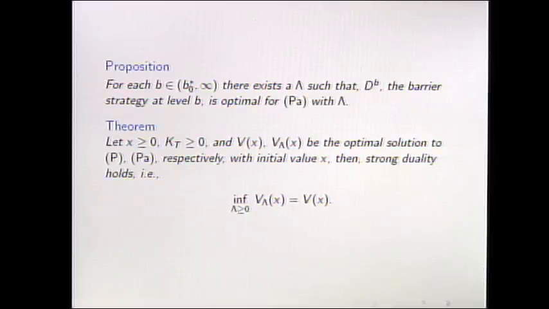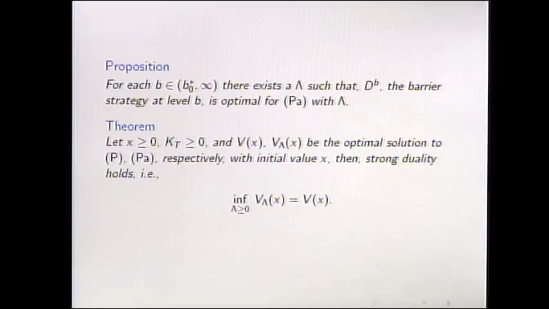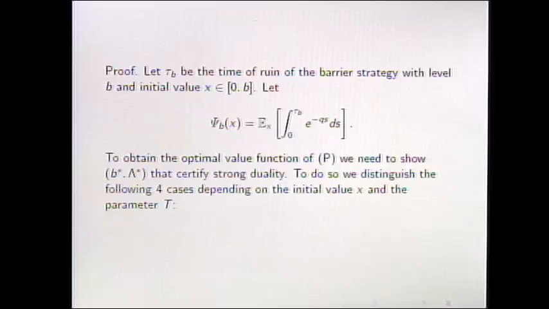So if we have a b here, then I can map this b to a lambda so that the level b is optimal for the auxiliary problem with that lambda. And that's basically what allows us to have a certificate for optimality. Then we have this b star and this lambda star, and we can prove, for example, the complementary slackness condition. And that's what we did. Basically, we have the analogous theorem for this case, that we don't have a duality gap, and the value function of this constrained problem is just the infimum over lambdas of the auxiliary problem.